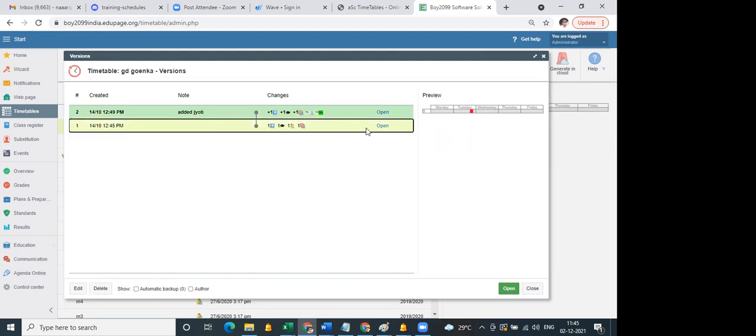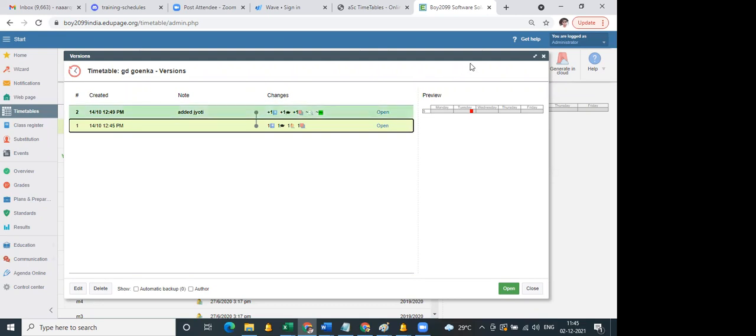You just click on the first file and open and work, or you can go ahead with the second file and start working. Once you save under the new version, you'll have track of all the files saved online. So you worked on the first file, added some teachers, deleted some teachers, added some constraints. You can add one by one and save it, so anytime you can retrieve it.